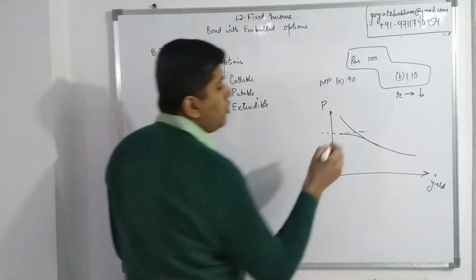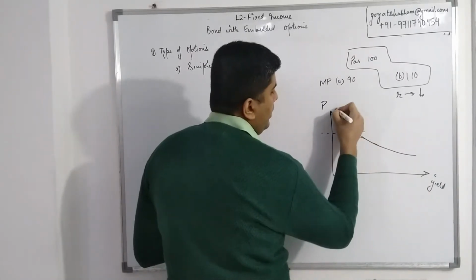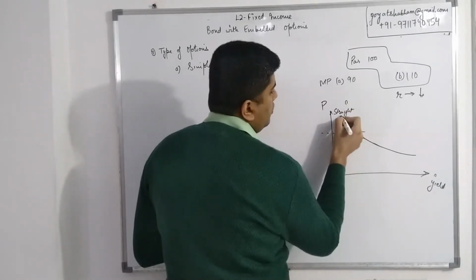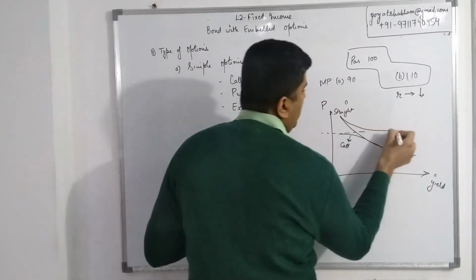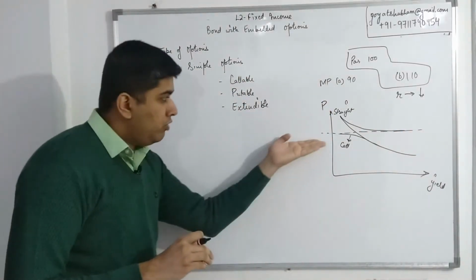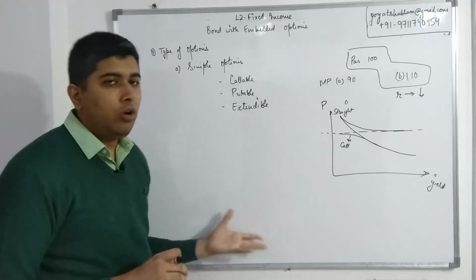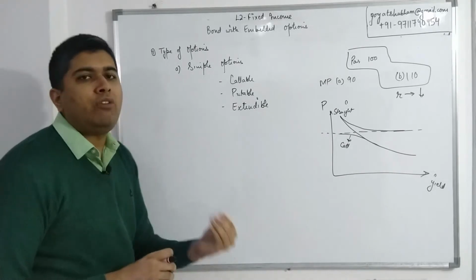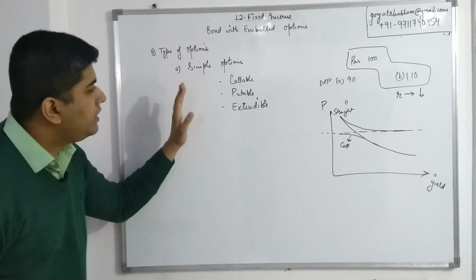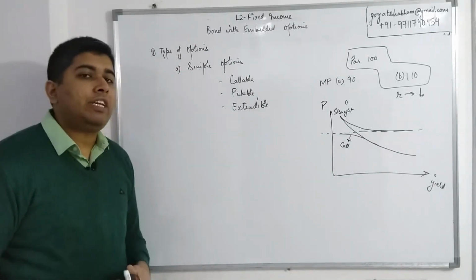So if I want to draw a graph for puttable, this was the callable bond, this was the straight bond, and a puttable bond would look something like this. It would have price movements above a certain price, but it would not let the price fall below normally the par value, or whatever the put value or the exercise price of my put option is. So I hope that clarifies the callable and puttable bonds. We'll be looking at how the valuation is done using the binomial tree in the next portion.